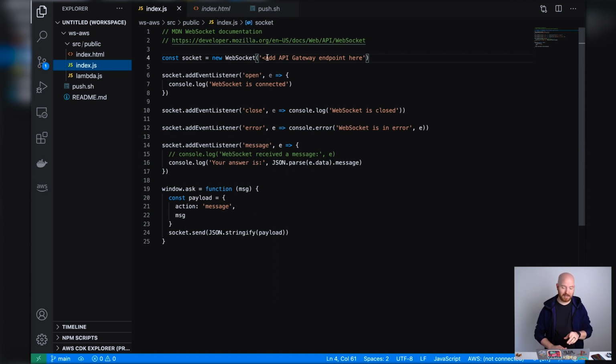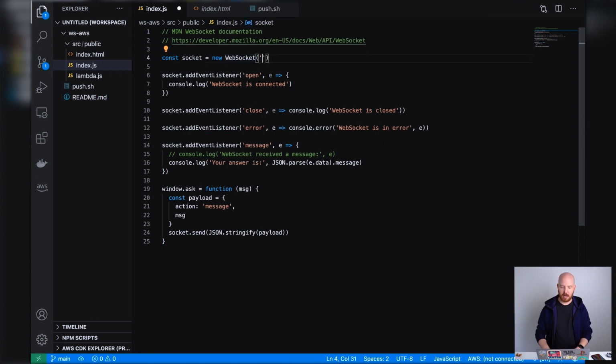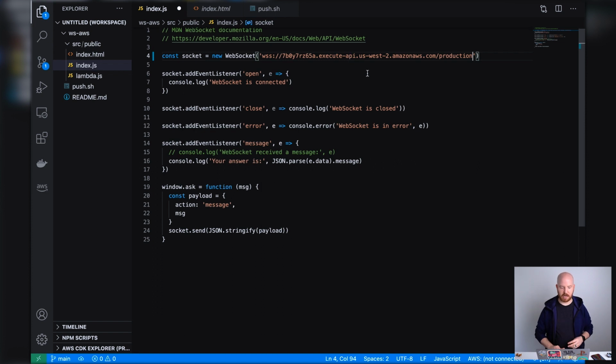We'll paste this URL, and then I'll walk you through this a little bit. So up here where it creates a new WebSocket, the first argument for that WebSocket is the URL endpoint of the WebSocket you're trying to connect to. And so you'll just paste the URL starting with the WSS protocol, and then it'll be the entire API.